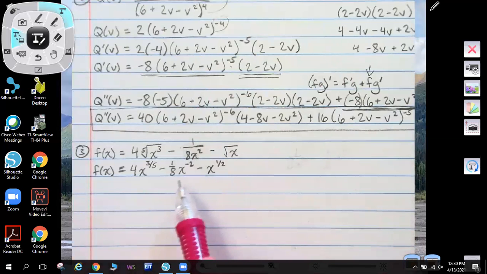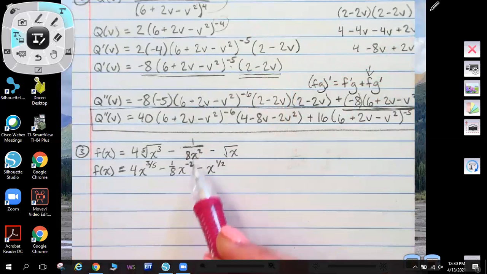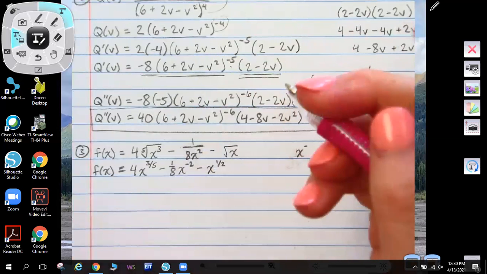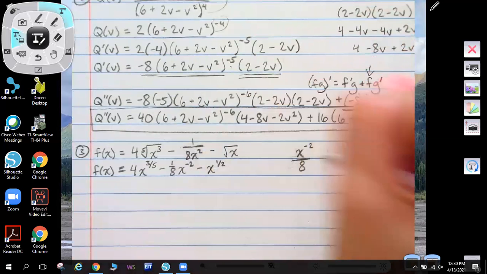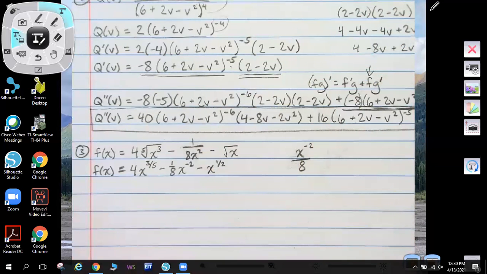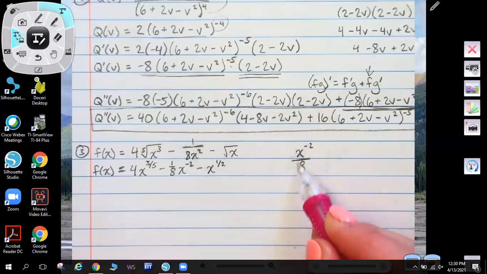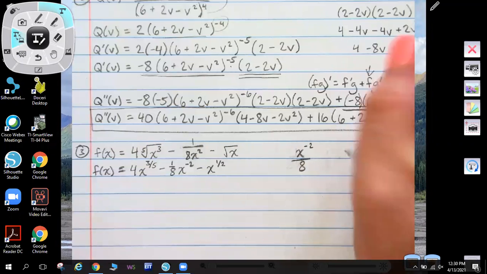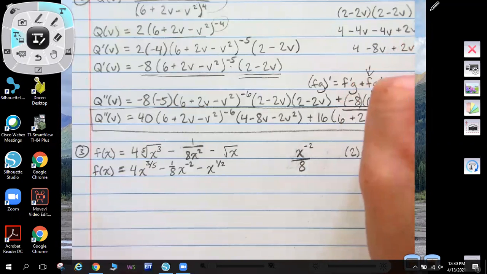And then some more clarification on this middle term. When we move the x squared up to the numerator, you would think that that would be x to the -2 over 8. And that would be correct. But just so for us to be able to take the derivative, it's easier to write the x squared out next to it. You can do that because let's say we have